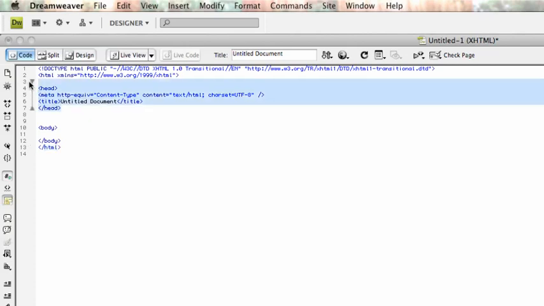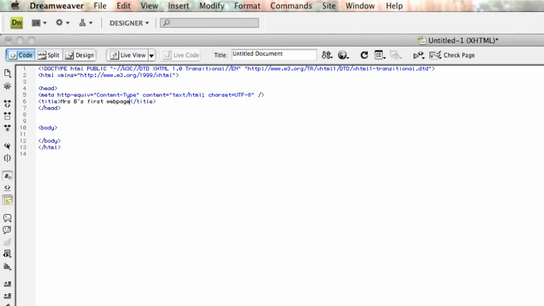And then I've got my head, which contains all my metadata, so all the information about my web page. In this case, I've got the content type, which is an HTML document, and the title of my document. The title of my document is what would appear up the top of a web page when I view it, the preview at the top of Firefox or Internet Explorer that says what the name of the website is. That is not the file name. One of the biggest mistakes in web design is to leave this as untitled document. So I'm going to go here and type Mrs. B's first web page